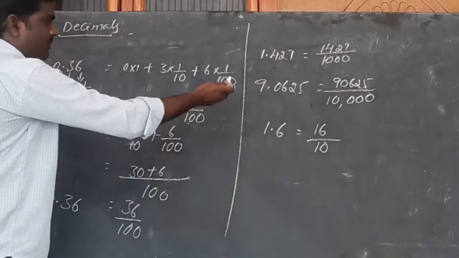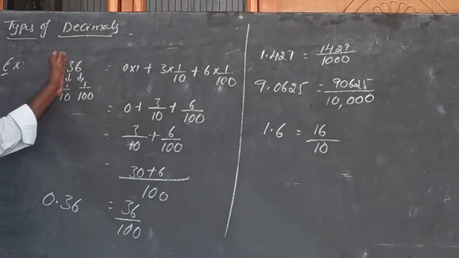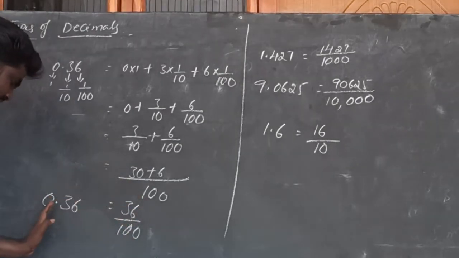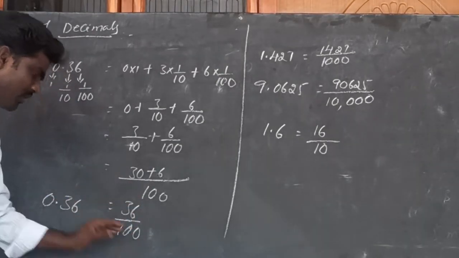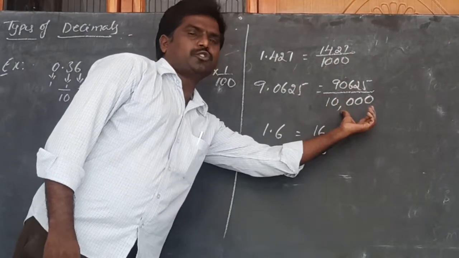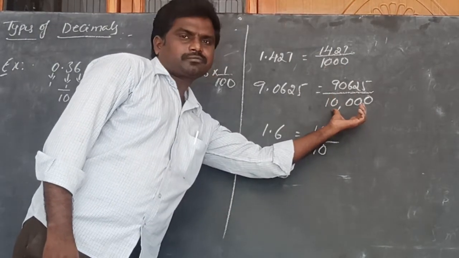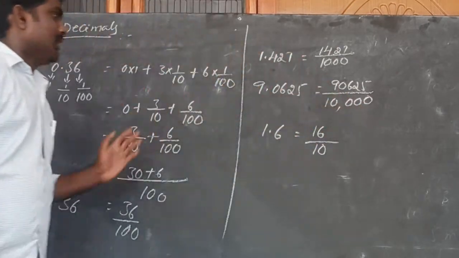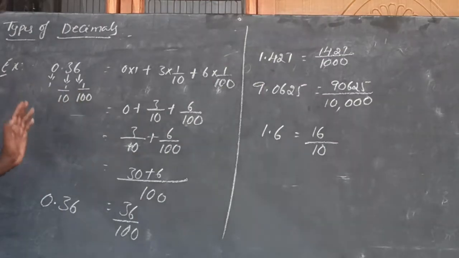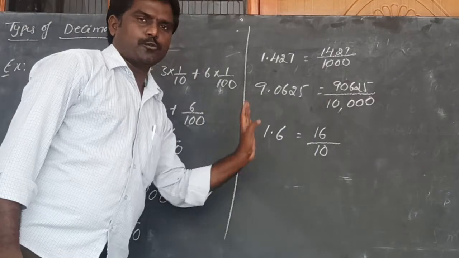So here 2 decimals, 1 decimal, 3 decimals, 4 decimals, so these all are countable decimals. The countable decimals are called terminating decimals. So the terminating decimals we can write in p by q form. Observe here, how many zeros are there? 2 zeros, 1 zero, 3 zeros, 4 zeros. That means 100, 10, 1000, 10,000. Understand this now? So the terminating decimals we can write in p by q, where q is in the form of 10, 100, 1000, 10,000.